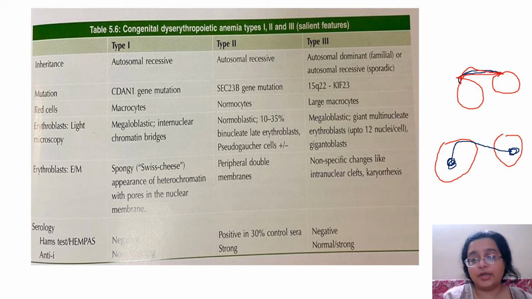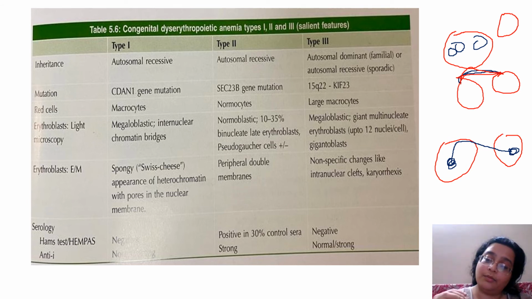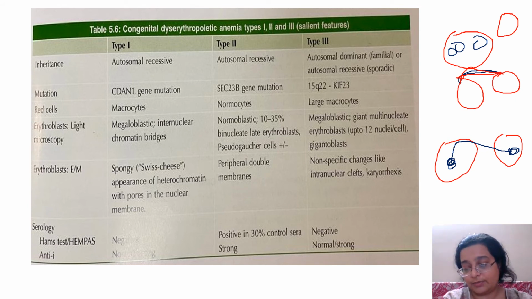So what is a binucleate or multinucleate NRBC? It is one NRBC normoblast with multiple nuclei. Okay. And binucleate or trinucleate appears something like this. This is also there in MDS. So don't confuse CDA with MDS, because MDS has only an anemia feature, but most of the times you will get a trilineage dysplasia.